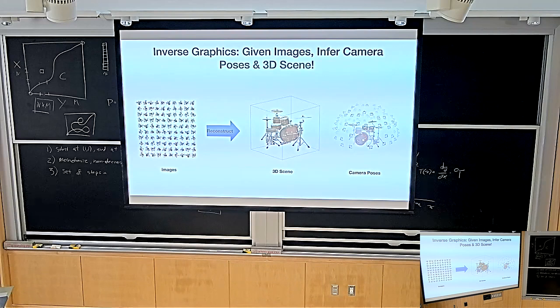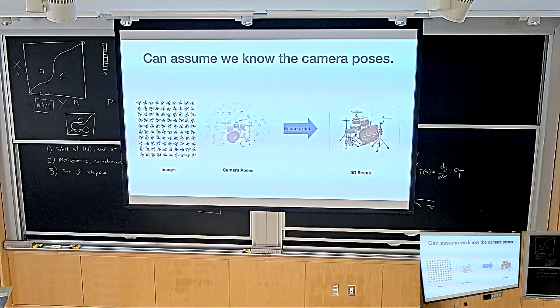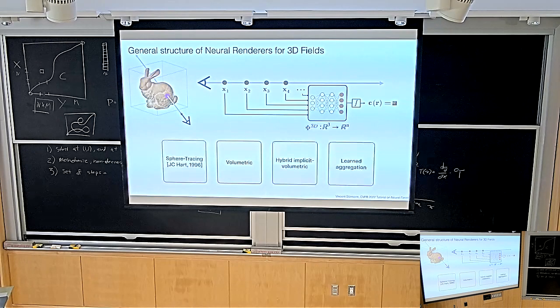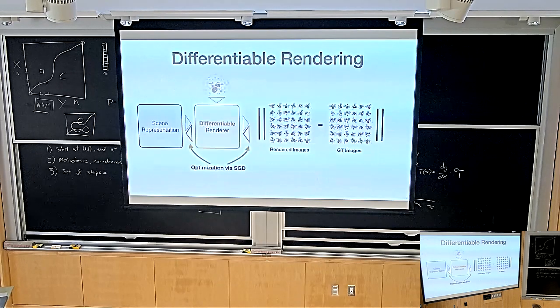So we go from an image to the 3D scene and the camera poses of these images. And then we said, oh, but wait, this seems like a very hard problem. And we kind of already know how to get the camera poses from images, which is structure from motion. So actually the way that people usually treat inverse graphics today is in the setting where we assume that we have the camera poses of the images already. And then inverse graphics reduces to the problem of: we have images, we have the camera poses, let's recover the 3D scene. And this is changing.